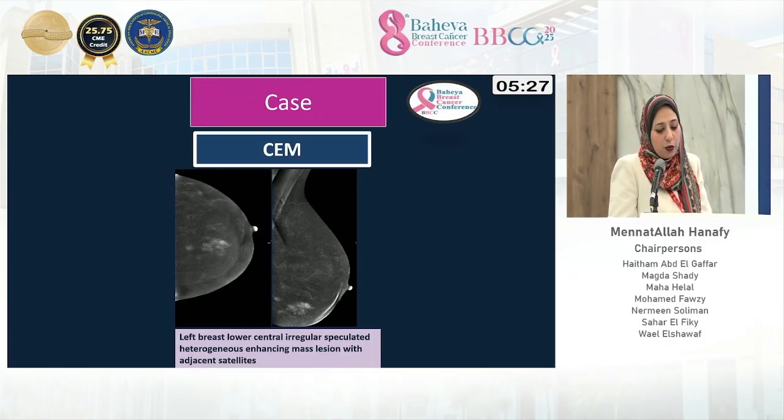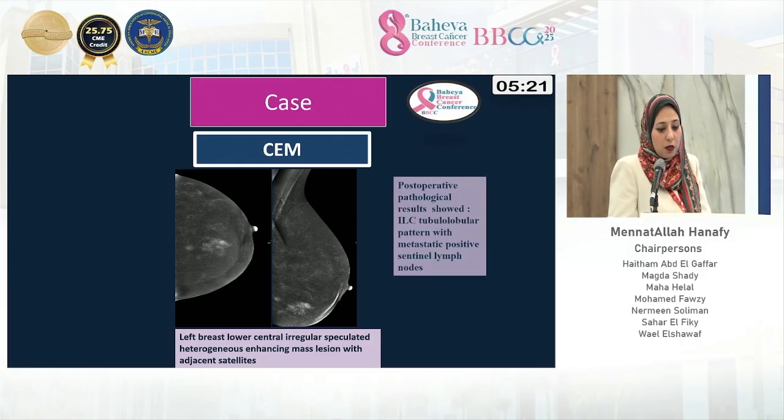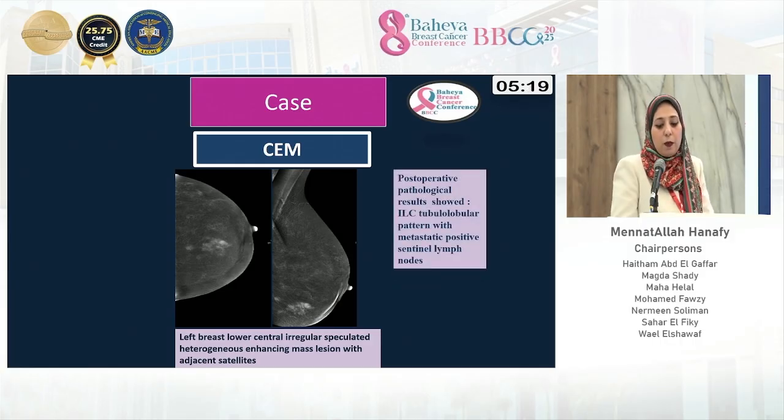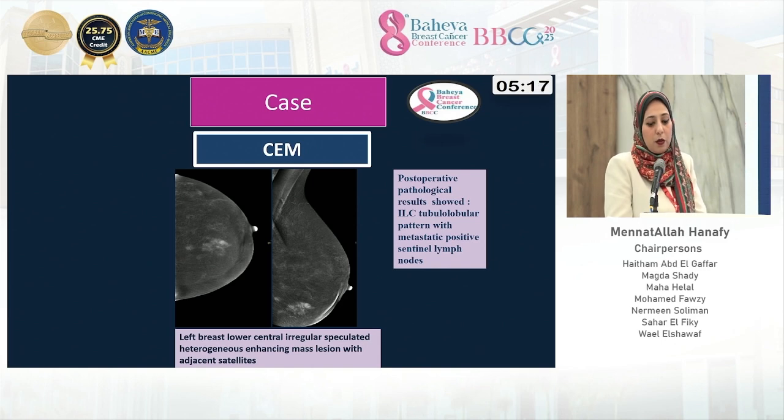Contrast-enhanced mammography showed lower central irregular spiculated heterogeneously enhancing mass lesion with adjacent satellites. The post-operative pathology showed invasive lobular carcinoma tubulolobular pattern with metastatic positive sentinel lymph node being discordant with ultrasound, which